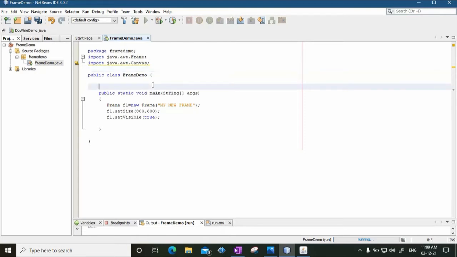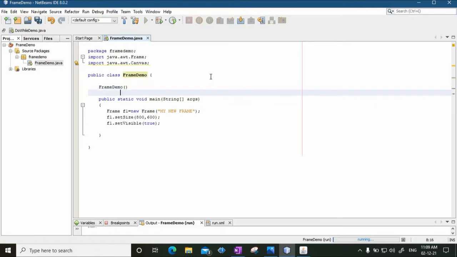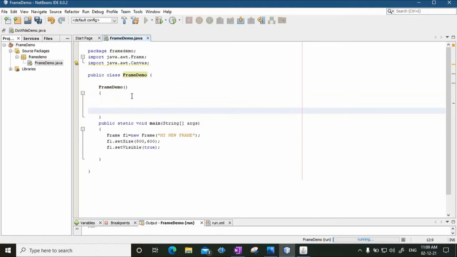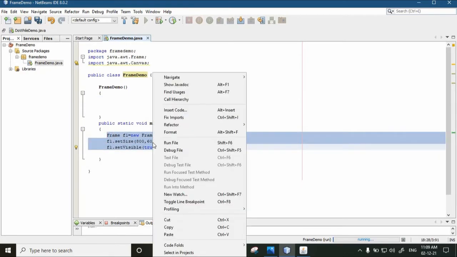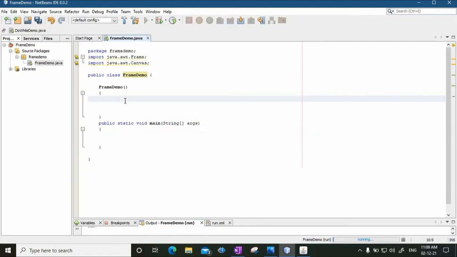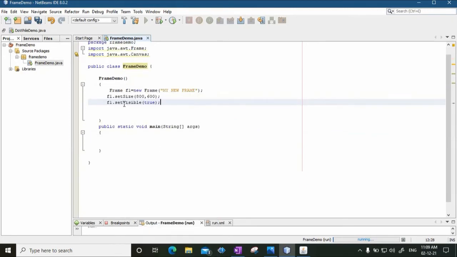Now in the class I will create a constructor of the class. Let's say FrameDemo is the constructor of the class, and within the constructor we are going to write some code. I'll cut this code and paste it here. Whenever the object of the FrameDemo class is created, the constructor is going to be called.